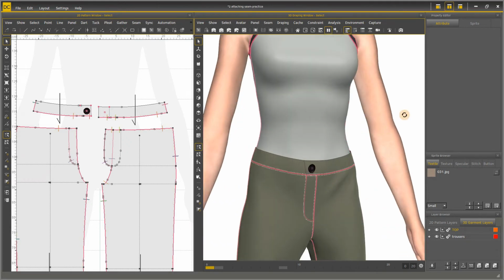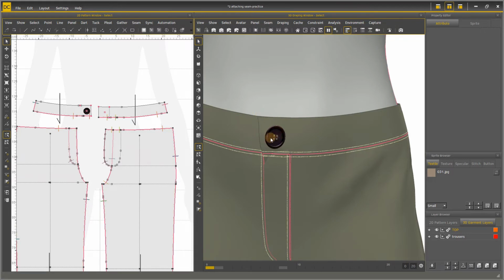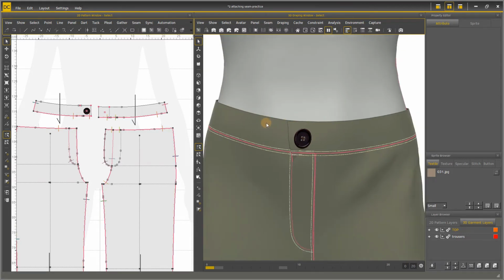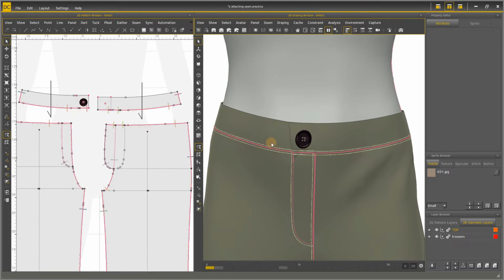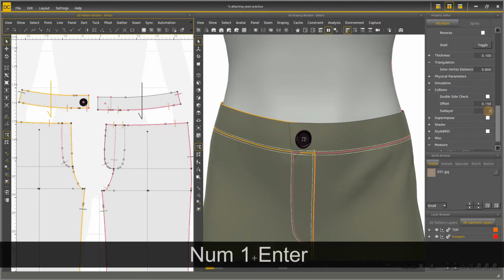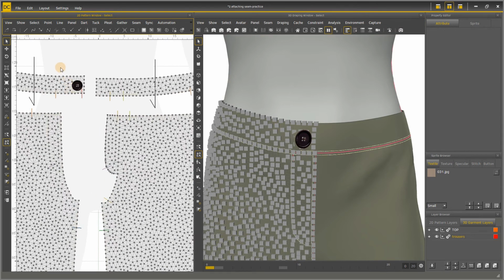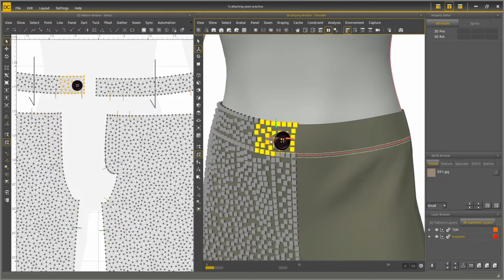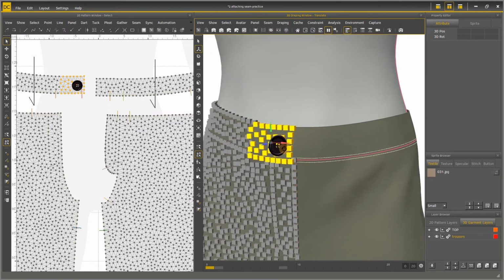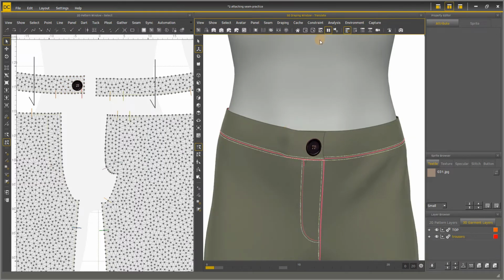Down to the trousers, I found that the front belt has some problem. The left belt is supposed to be inside the right belt. To solve the problem, I can set the sublayer of right side to 1. Then change to vertex selection mode in both 2D and 3D window. I can drag the vertex part I want to move in 2D window. The vertex will become yellow in 3D window too. Then I can use Translate to move the right side of the belt outside the left one in 3D window.